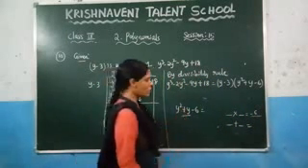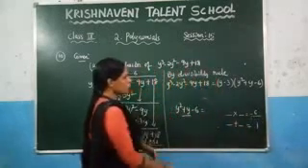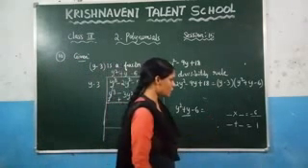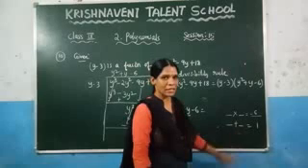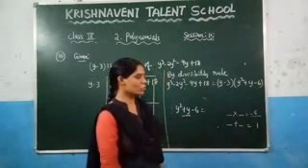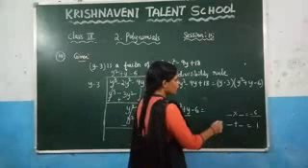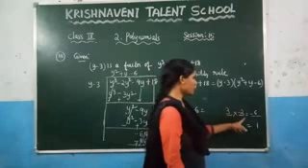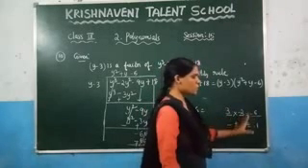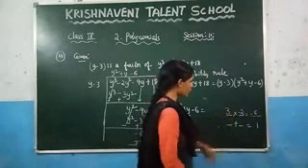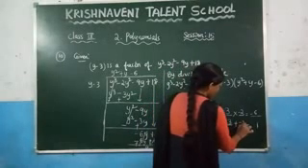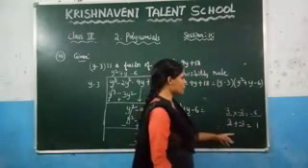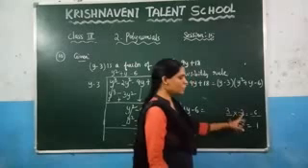What is the coefficient here? 1. So here you have to get 1. What are those values? You need to check. While multiplying the two values, you have to get minus 6, and while adding the same values, you have to get 1. Clearly you can observe that if you take 3 and minus 2, 3 into 2 gives you 6, and plus into minus is minus. So write it here, 3 and minus 2. And 3 minus 2 gives you 1. So those numbers satisfying these two conditions are 3 and minus 2.